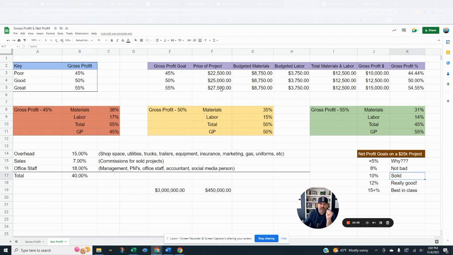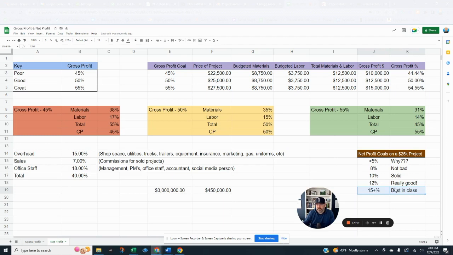Fabulous. Now, if you can somehow train your sales reps or yourself to sell better, right? To make sure people understand the value that you're installing, that look at how I install it, look at all my reviews, look at everything that's wonderful about me. Get them to trust you and say, yeah, I believe that this guy's going to put this in and it's not going to get all messed up, right? It's going to be perfect. I'm not going to have to call anybody else back out and redo this and spend another five, 10, $15,000. Then they'll pay the 27.5. Now you're at 55. Now you're at this 15% because this is the real goal, right?